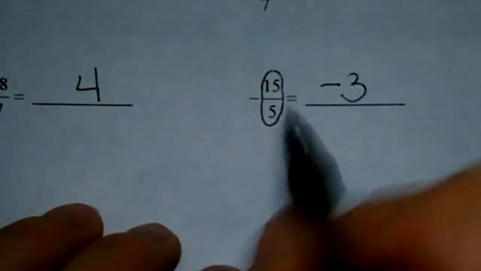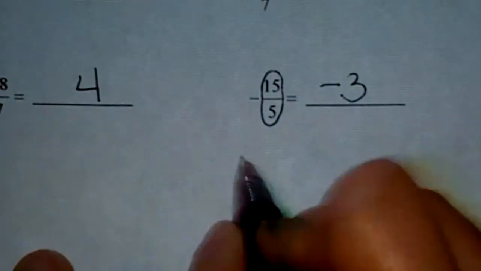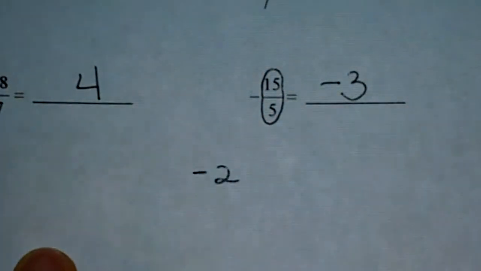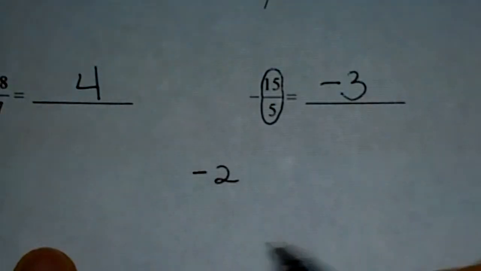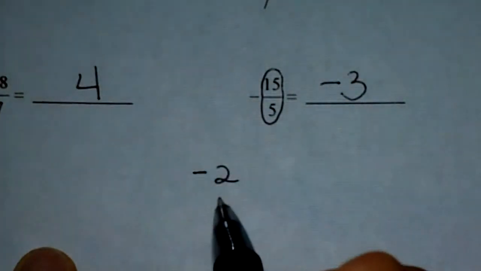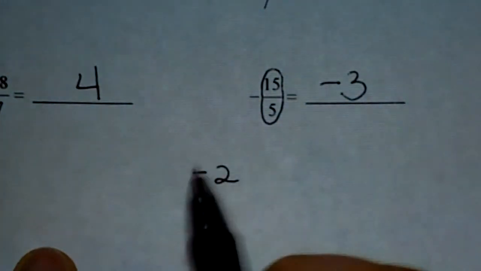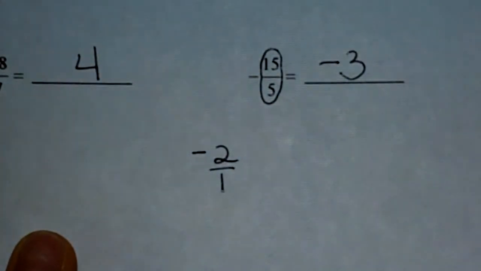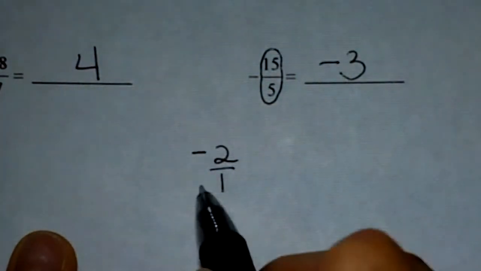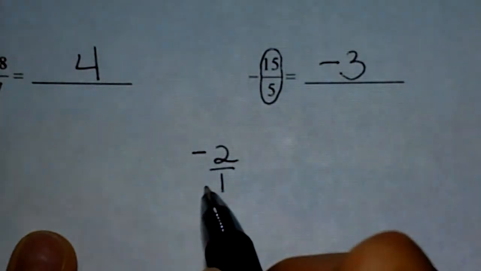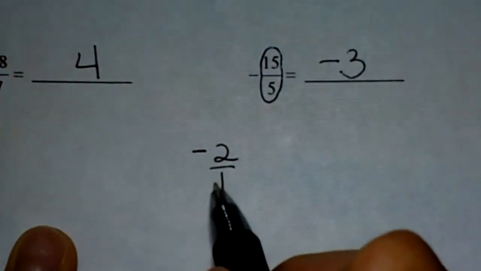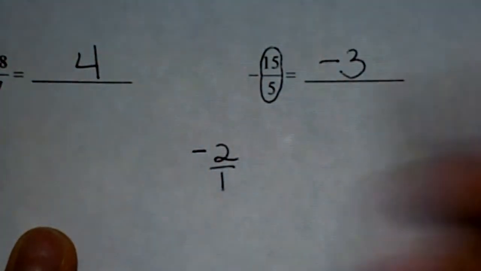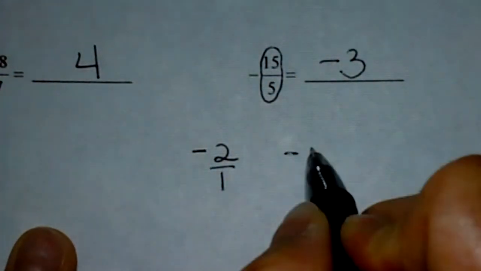Okay? And in order to understand this, think about this. If I gave you the number negative 2, to write a whole number as a fraction, don't you just put a 1 underneath it? Right? So negative 2 would have the same value as negative 2 over 1. Correct? Does that mean that this 1 is also negative? It doesn't, because if you had a negative divided by another negative, isn't this negative 2 all of a sudden a positive 2? So if you see that negative sign right in the middle,